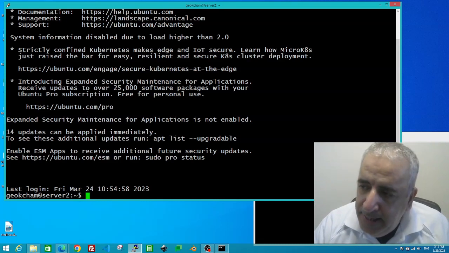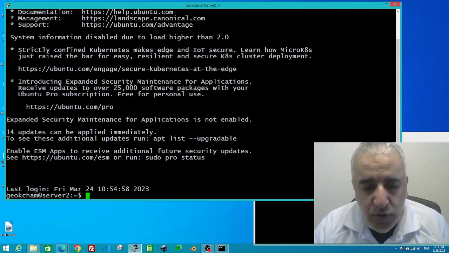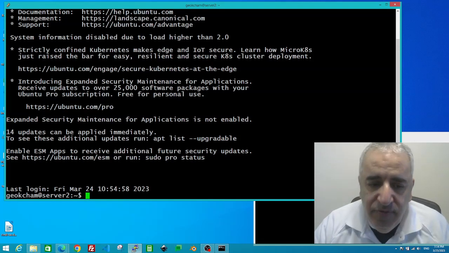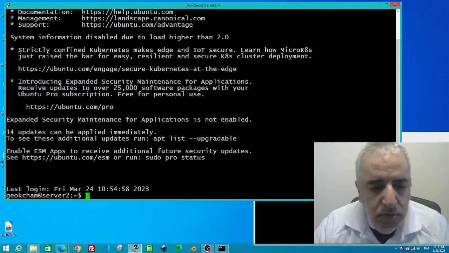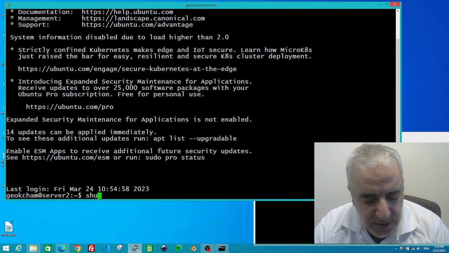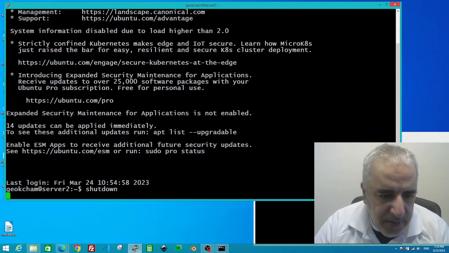So even if you are logged in as an admin, you still have to use the sudo command, and you have to enter your password. The system prompts you, even if you're allowed to do it. So let's say I want to restart the server or shut it down. So I'm going to shut down, and I hit enter,